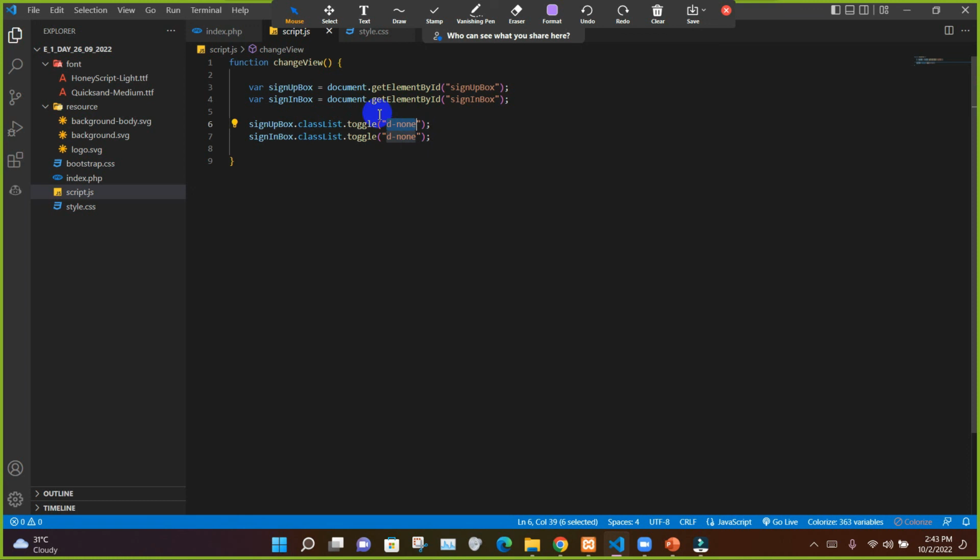d-none is a class name, so it's going to go to the signUpBox element and check its class list and see if there is any class name called d-none. If there is not, by toggle it's going to put that name in there, and if it has the same name, it's going to remove it. So now let's go to